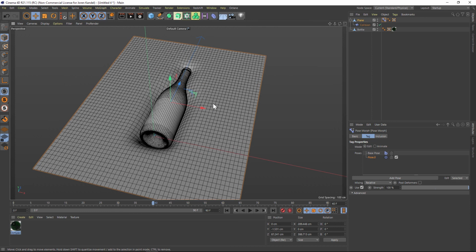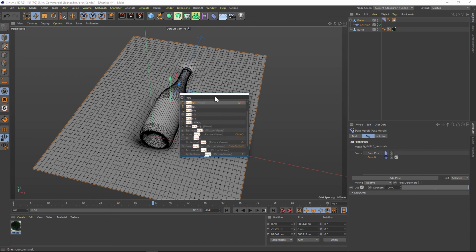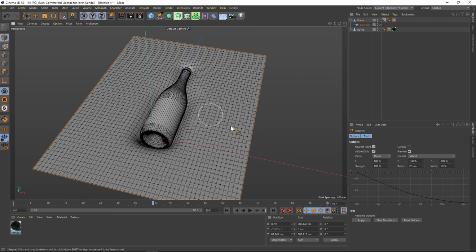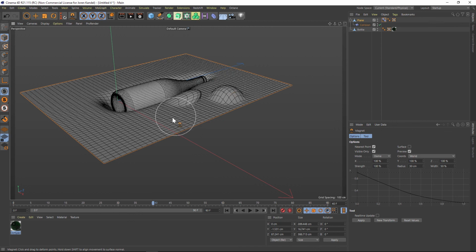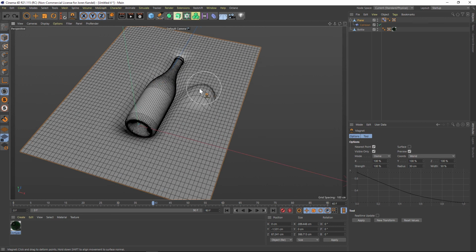All right, so we're going to be using the magnet tool, and a great way to get to it is just hit Shift C and then type in magnet and then hit enter. All right, here's our magnet tool. Here's all of our settings over here. Let's kick our radius up to 30, and let's click and drag, and you can see what the magnet tool does. It sort of pushes and pulls the different polygons, but it looks kind of dumb right now,